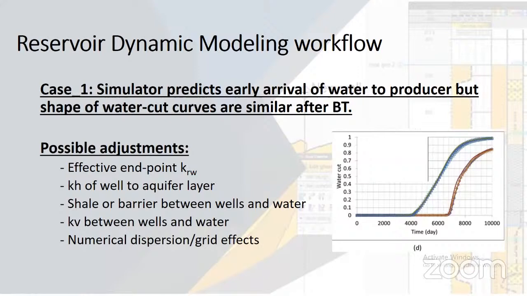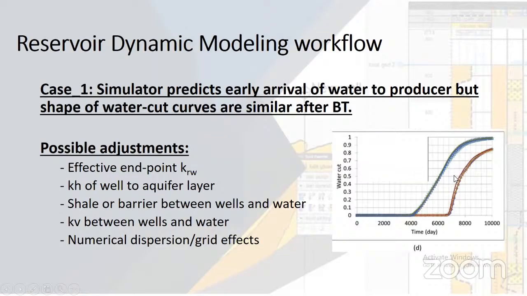The third level is the well productivity match, okay? In the well productivity match, you can modify the skin factor, you can modify the permeability around the well, you can modify the well productivity index, and so on, until matching every well production and every bottom hole flowing pressure for each well, okay? For example, if we have this case, we have the water cut